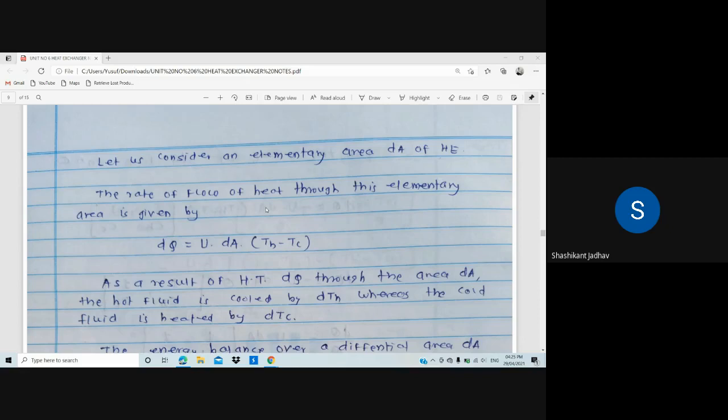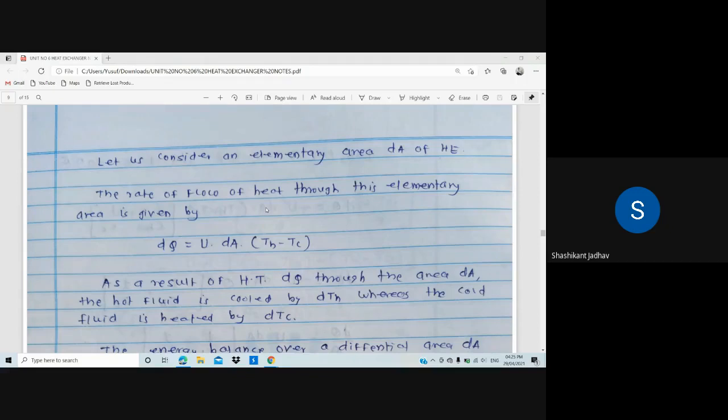At the same time, what will happen? The temperature of the cold fluid increases. Hot fluid temperature कोण घेणार आहे, cold fluid घेणार आहे, and because of that the temperature of the cold fluid increases. And the amount by which that temperature increases is dTc. Already we have denoted that in the diagram. dTh is nothing but the temperature of the hot fluid reduces and dTc is nothing but the temperature of the cold fluid increases. So on that statement,